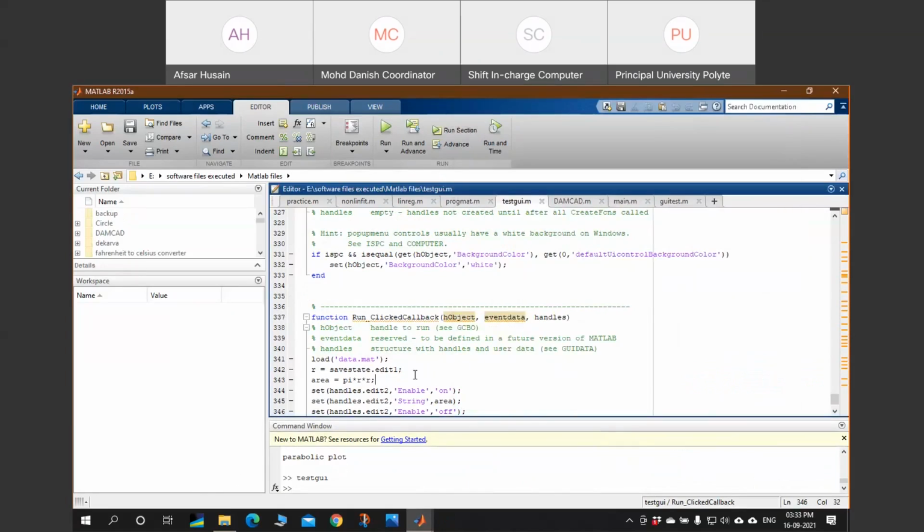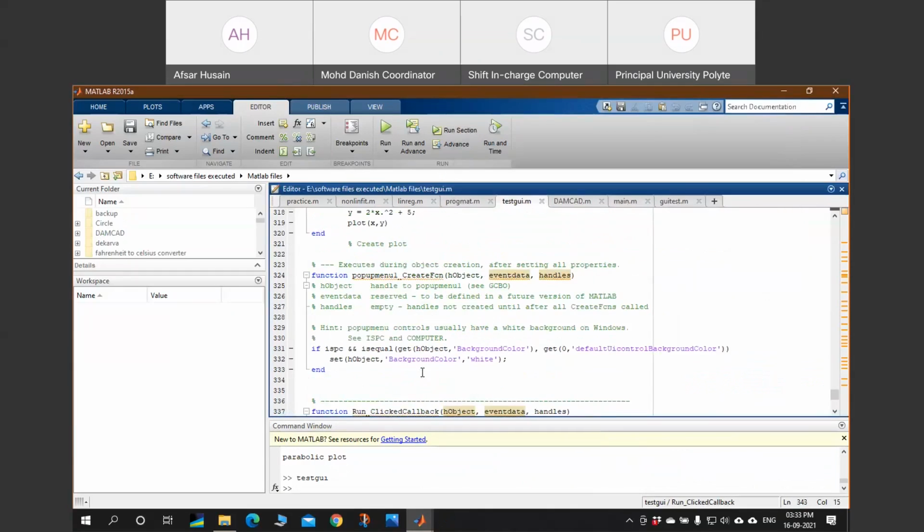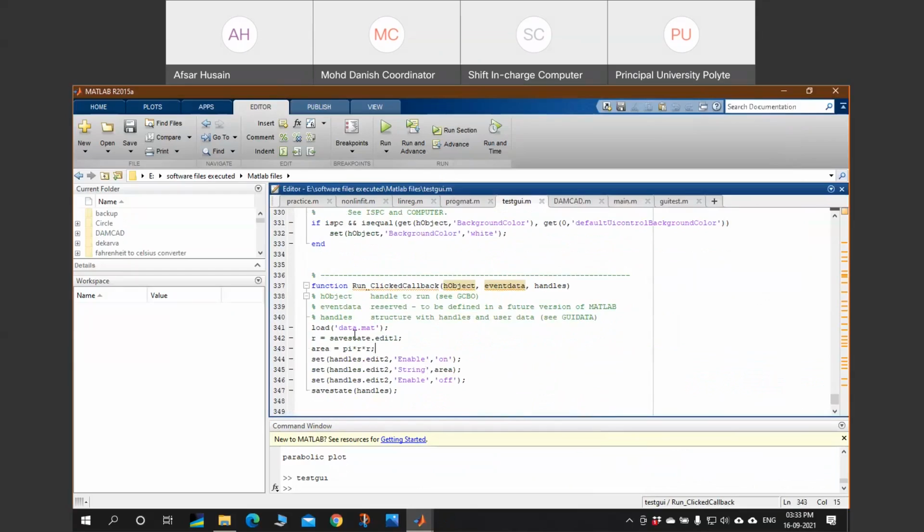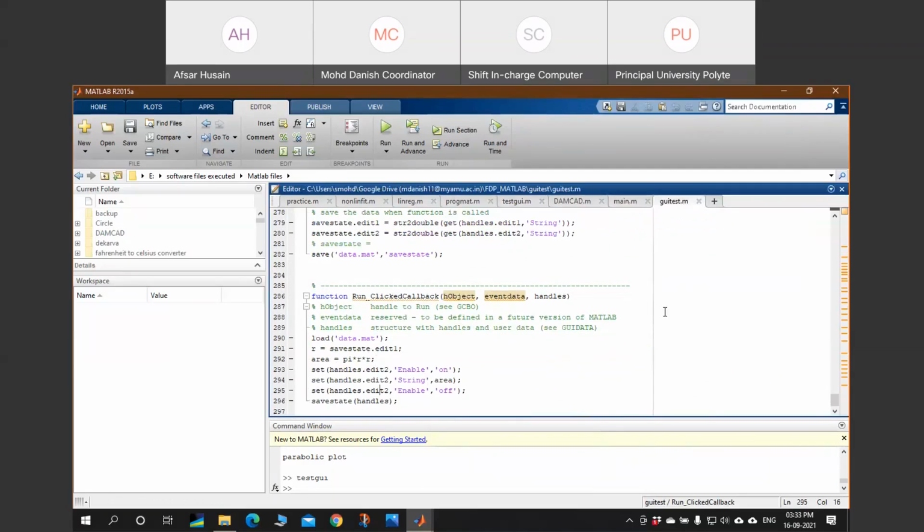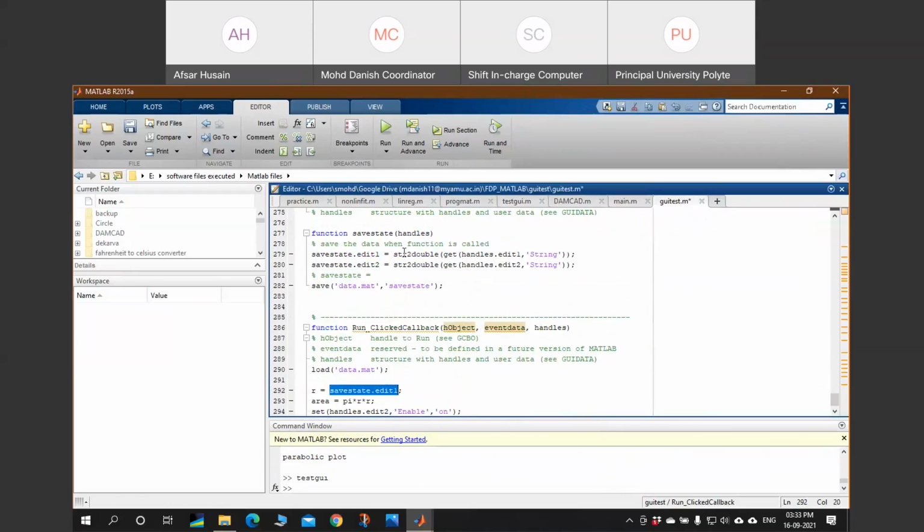What is happening over here is I haven't defined save state here. So I have to define save state dot edit one, and it is better to make it like this.